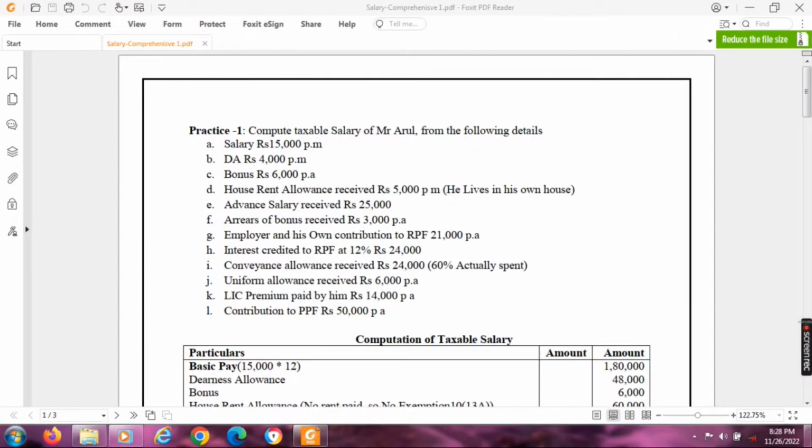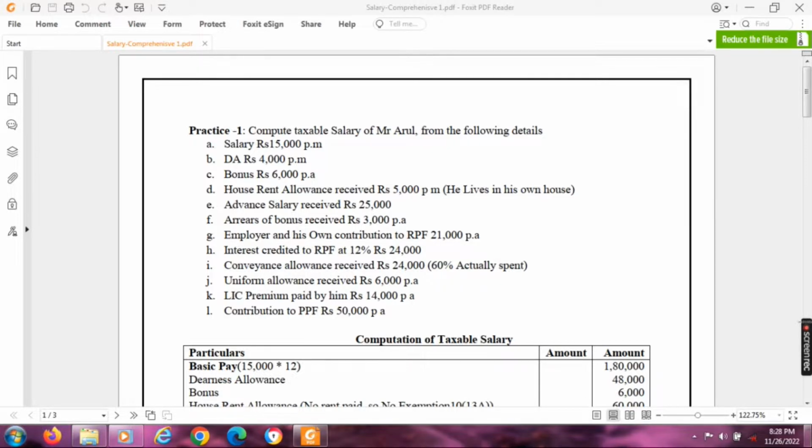Now, under salary comprehensive problems, first practice one. Compute taxable salary of Mr. Arul from the following details. Salary 15,000 per month, DA 4,000 per month, bonus is 6,000 per annum, house rent allowance received 5,000 per month, he lives in his own house, advance salary received, arrears of bonus received, employer and own contribution to RPF 21,000,